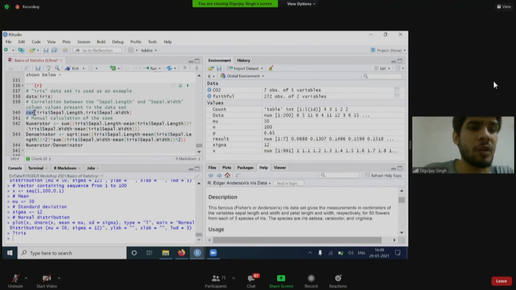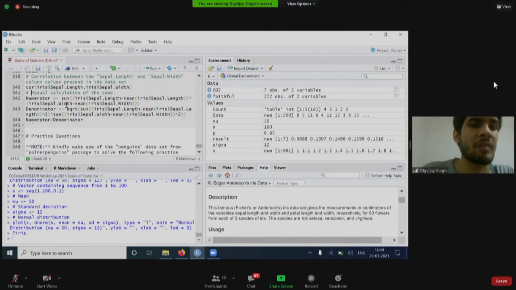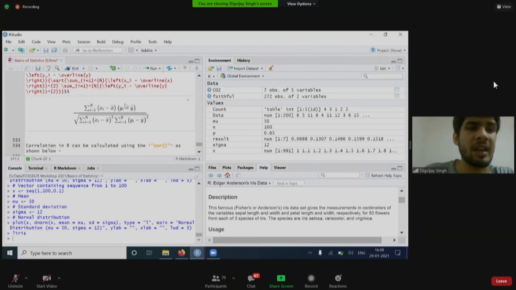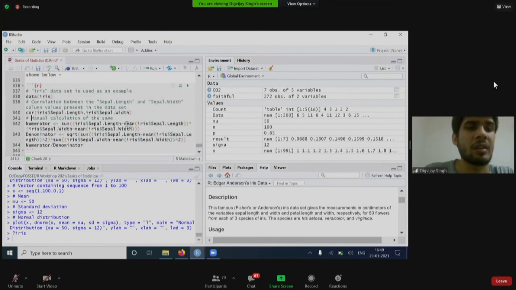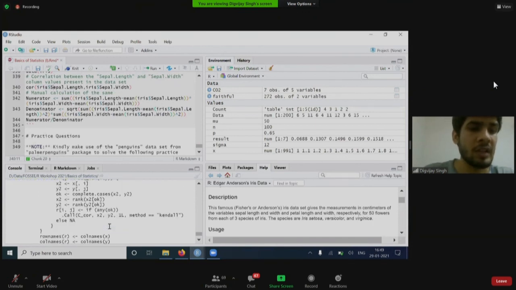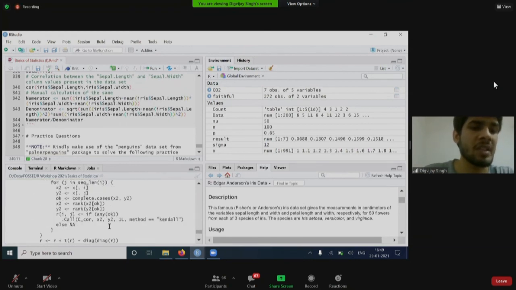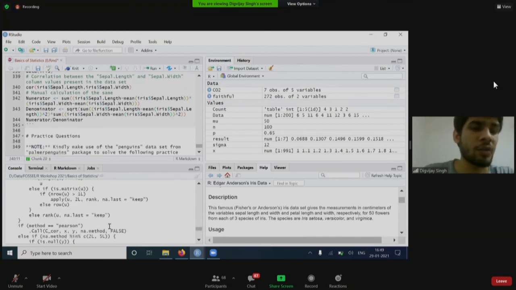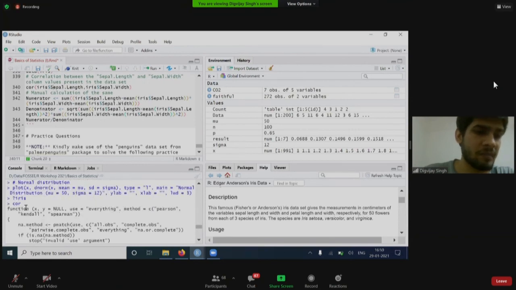So first I will use the cor function, a predefined function of R, to find the correlation. Then I have done the manual calculation. In the manual calculation, if you see carefully, I have used the same formula to calculate it manually to see whether this formula is correct or not, whether it is matching with the results from the predefined function. Just to interrupt, there is one thing which I want you to know: R, being an open source language, shows the code which is there in a function.